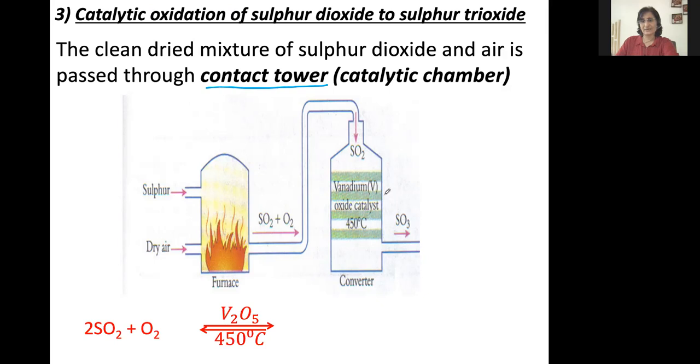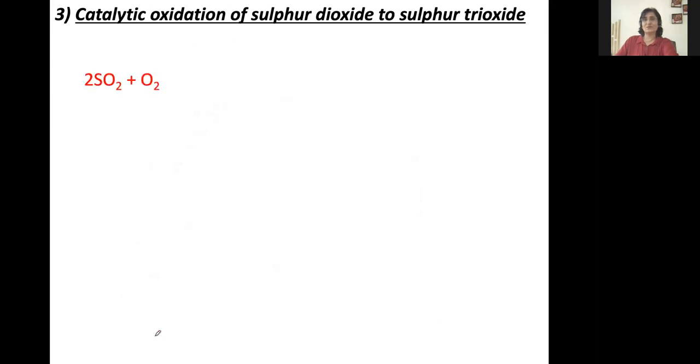Vanadium pentoxide, temperature 450. So sulfur dioxide, if I add more oxygen, it turns to sulfur trioxide, plus a lot of heat is released. Now, in this process of catalytic oxidation,